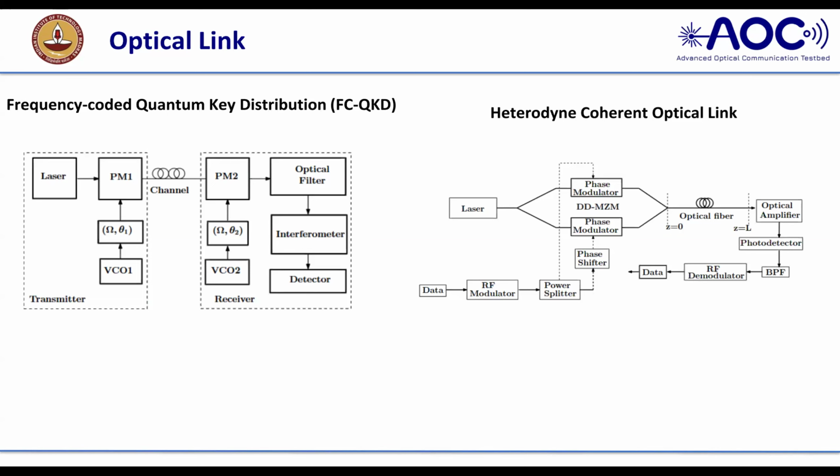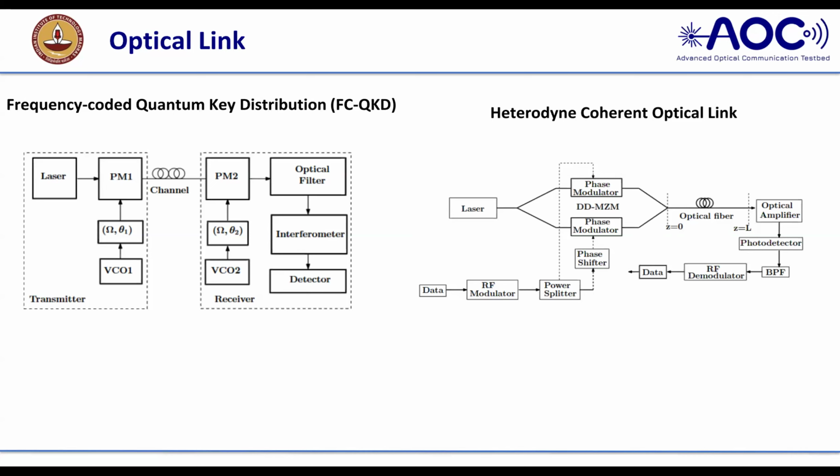I just want to say that in an optical link or any laser, the outside is the classical picture and the inside is quantum, and that is why it is called the semi-classical picture. In our case, I have taken two examples. What were they? First, a frequency-coded quantum key distribution system. In a QKD system, we use a lower number of photons: single photon states, entangled photon states. So there, my semi-classical picture cannot stay, and I am going to explain how it will be.